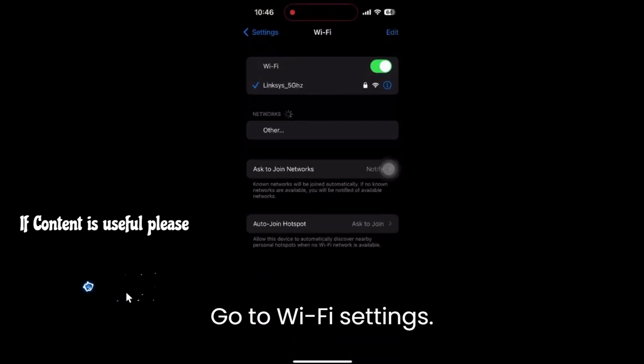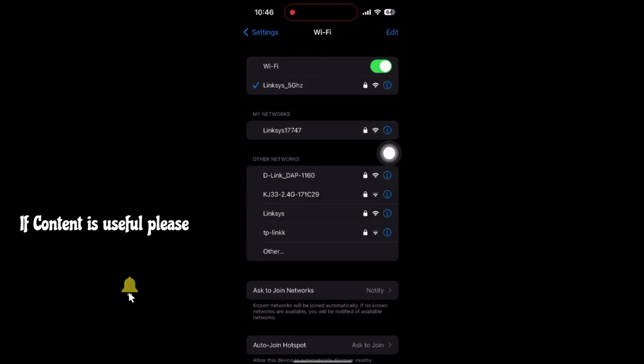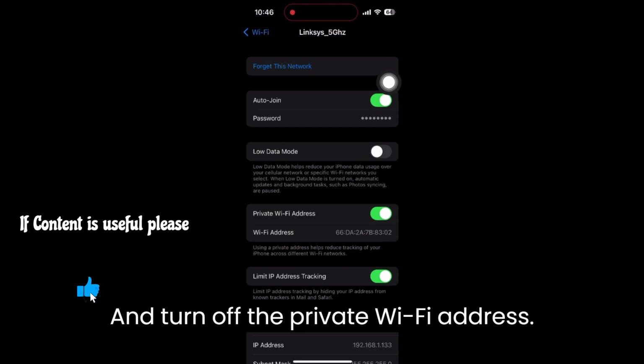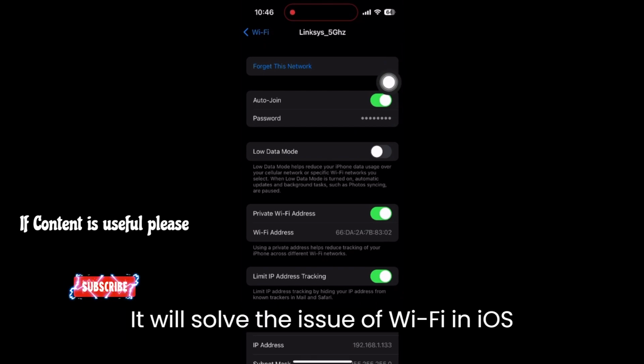Go to Wi-Fi settings. Select the connected SSID and turn off the Private Wi-Fi Address. It will solve the issue of Wi-Fi in